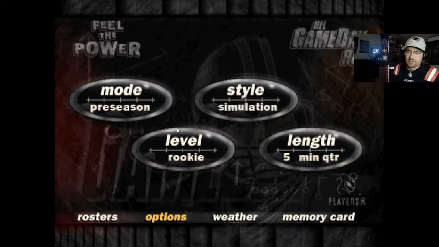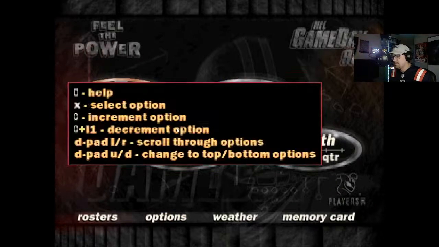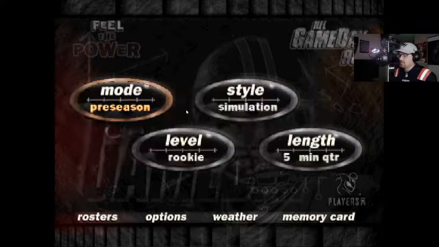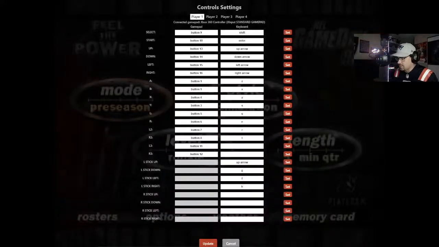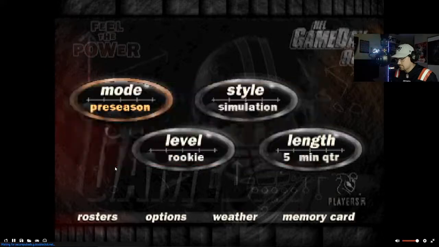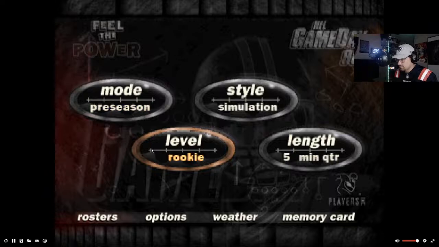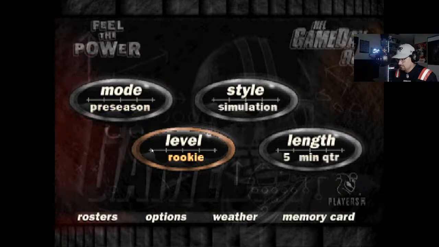Okay, so the game is a little glitchy. I may have to reset the game, that's why. Oh wow, what is going on here?